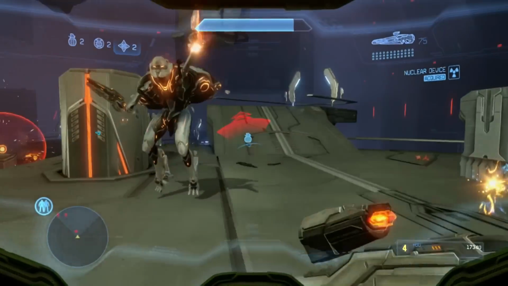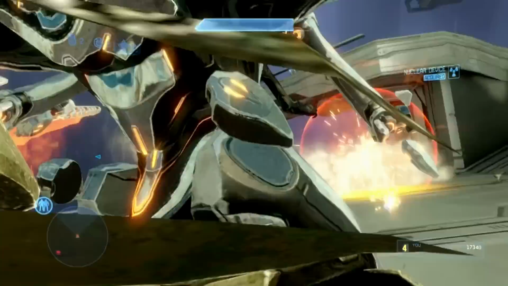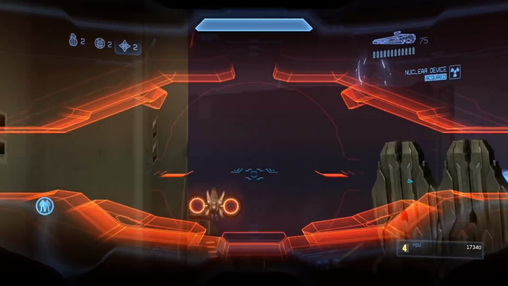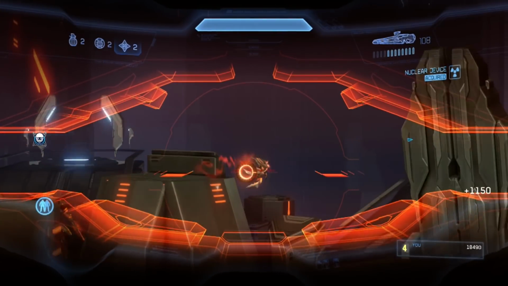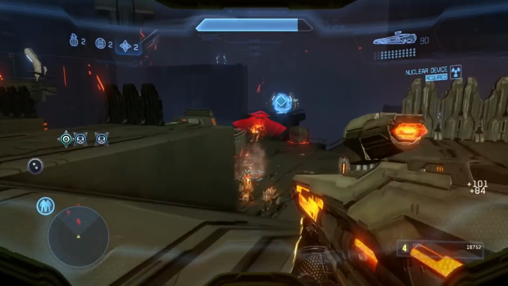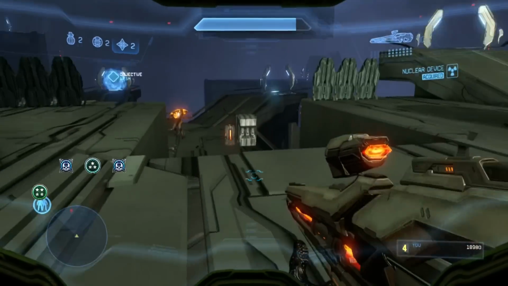So you can see that I'm doing some dances with these Promethean Knights. There's a bunch of them, and we're just going to take out most of them fairly easily by timing it and just going in for the assassination once they throw that pulse grenade they like to throw so much. And I think I have on Cowbell as well,